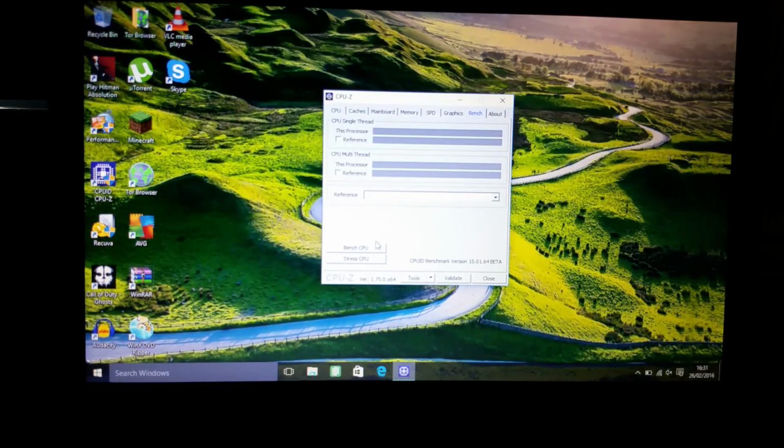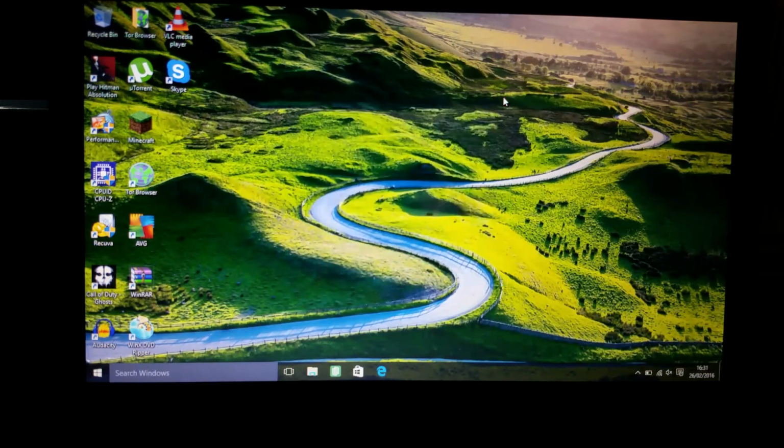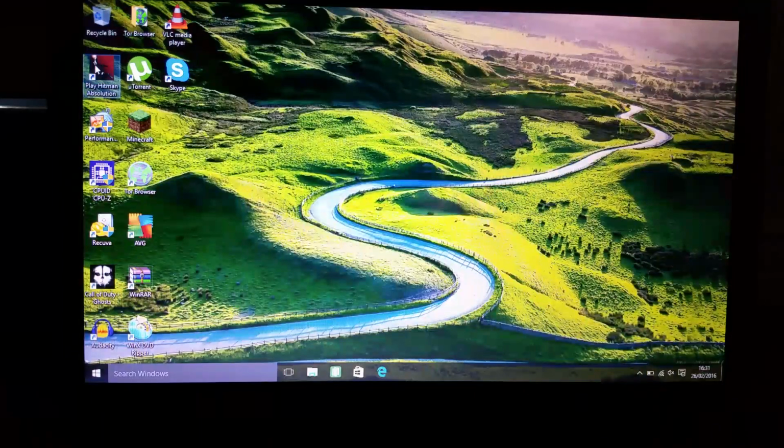Right, we'll do a benchmark on this quickly. See what CPU scores we get. Right, it's doing a single thread, which is 763, and the multi-thread seems to be able to get 1700. This is a dual-core processor, by the way. Right, so these are the scores. We'll do a test afterwards to see if the dual channel helps the CPU a bit. I'm going to run one more test, which is the Hitman Absolution,